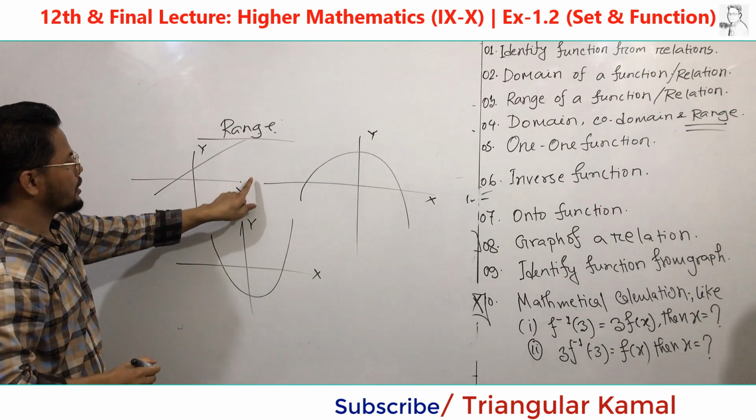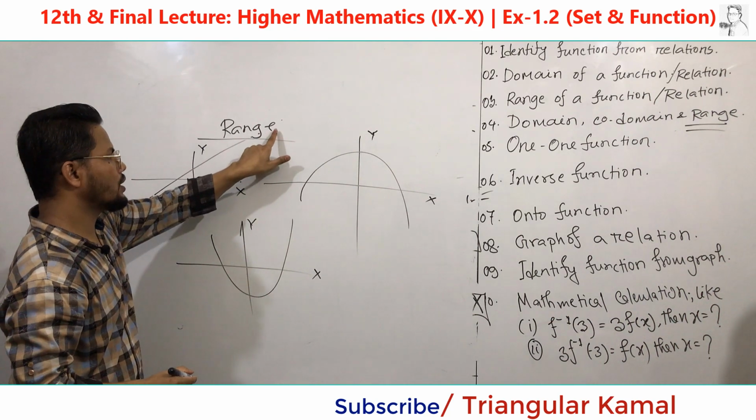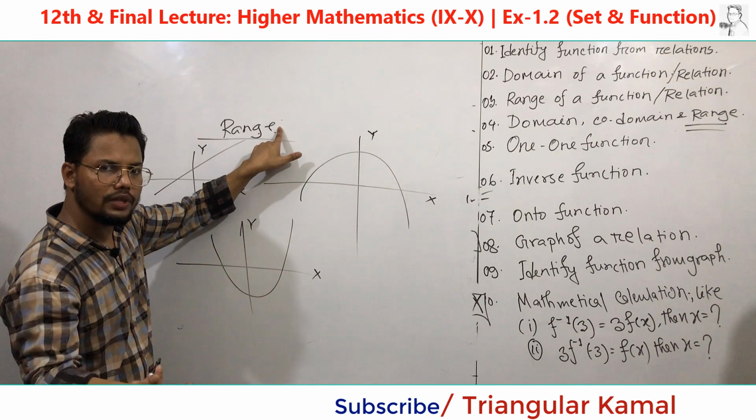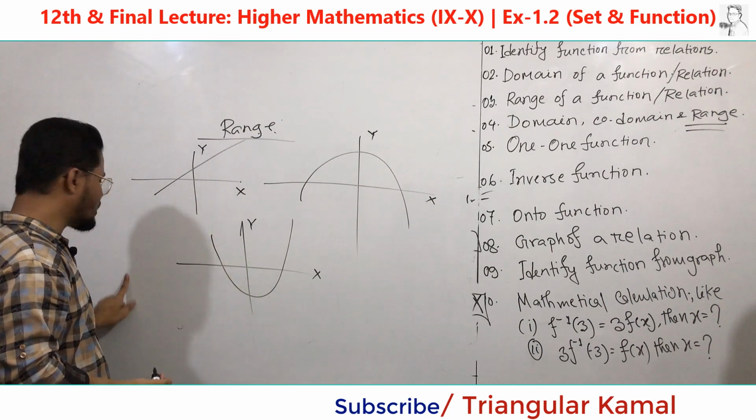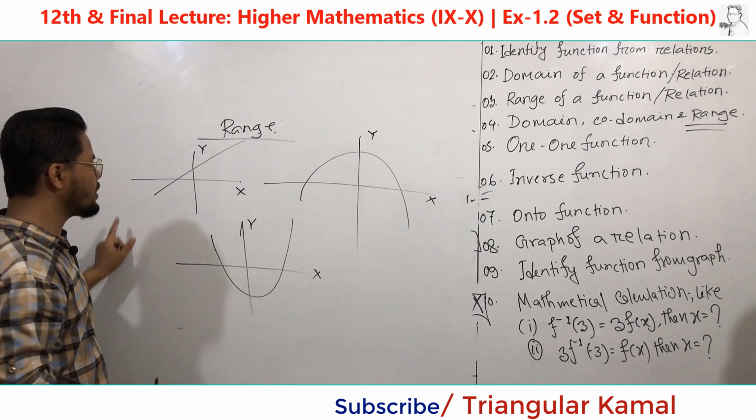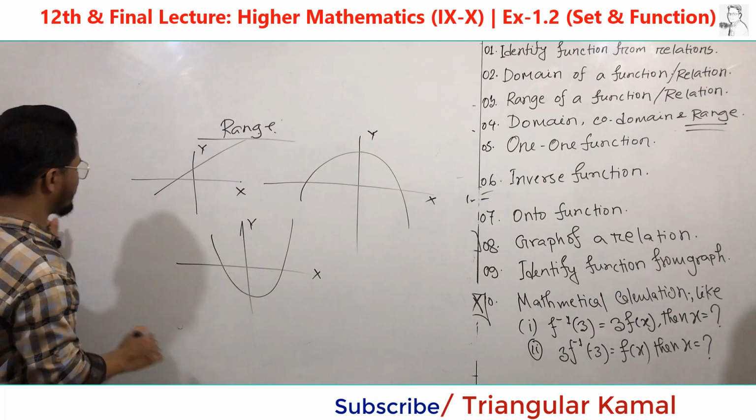So for greater value of x, we will get the greater value of y. For negative value of x, we will get the negative value of y. So there is no limit. So we can write here